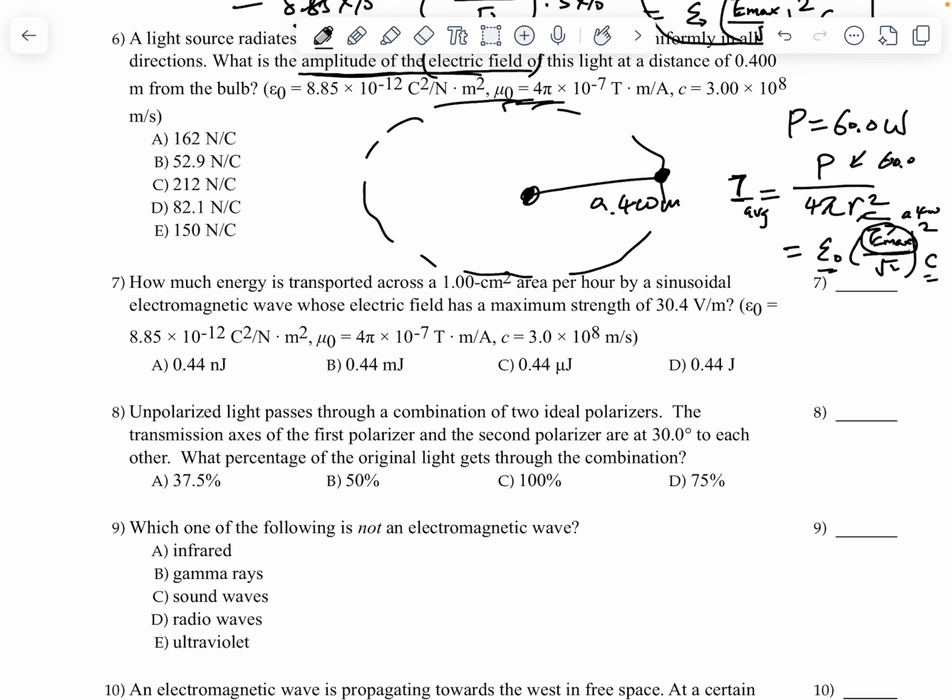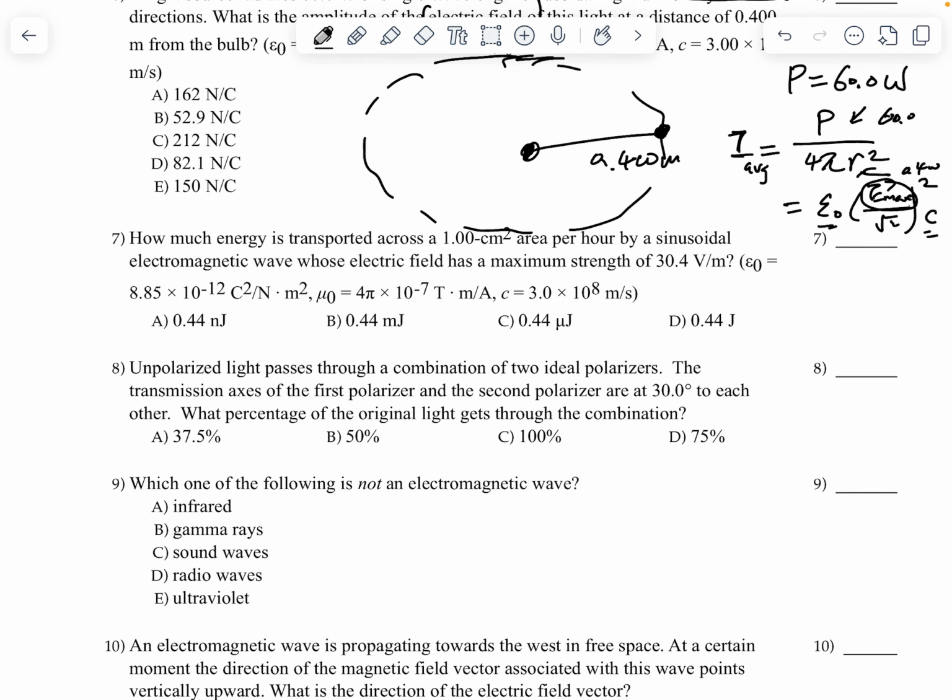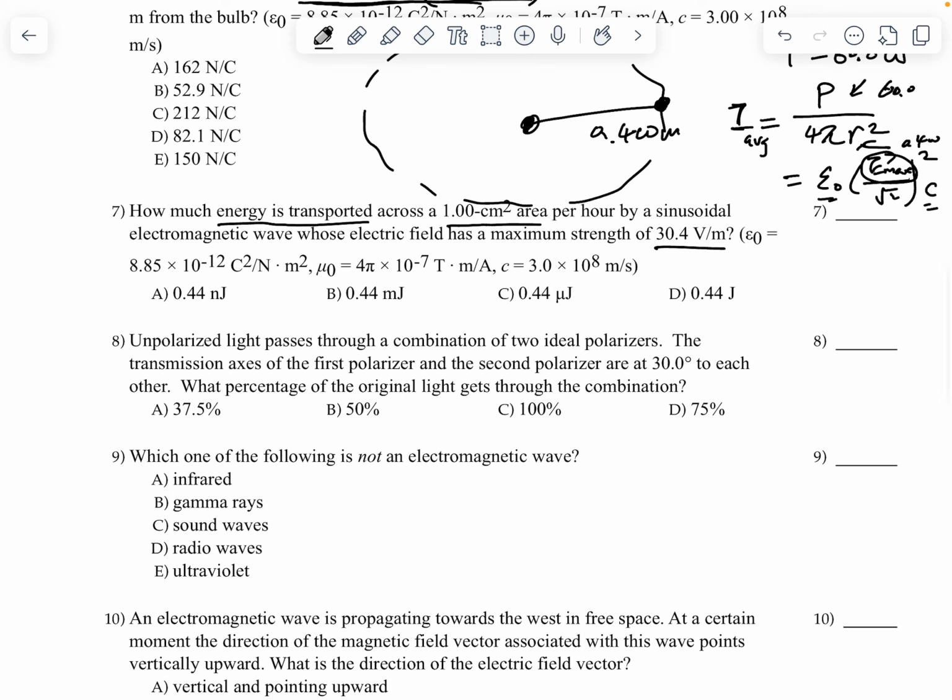Number 7. How much energy is transmitted across this area per hour by a sinusoidal electromagnetic wave whose electric field has this maximum strength? You see, they ask how much energy is transmitted across this area. So energy equals